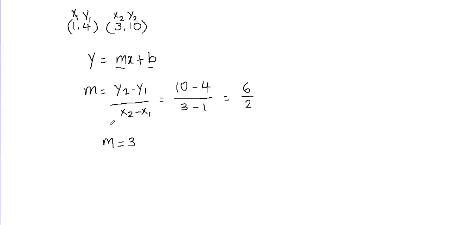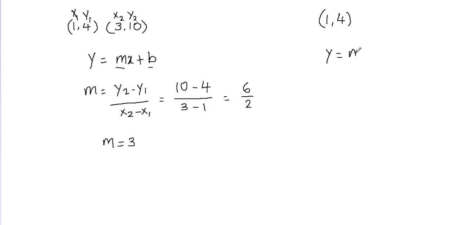I got my slope. Now all I need to find is my y-intercept, which is b. Now for b, you can pick whichever point you want to, but I'm going to pick the easier one. If you have negative ones in your problem, avoid using them, as it's going to make your problem more complicated. It doesn't really matter which point you pick, you'll always end up with the same y-intercept. So I'm going to use this point 1 comma 4,